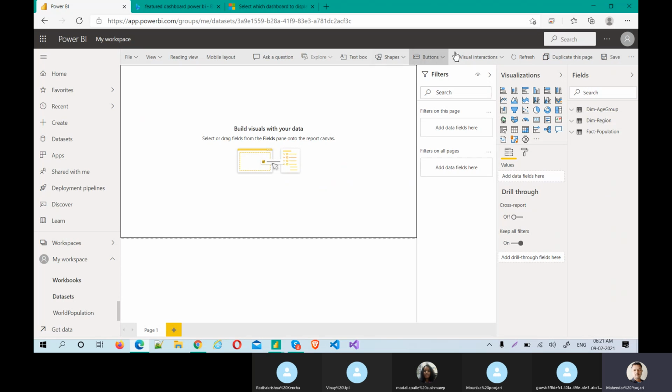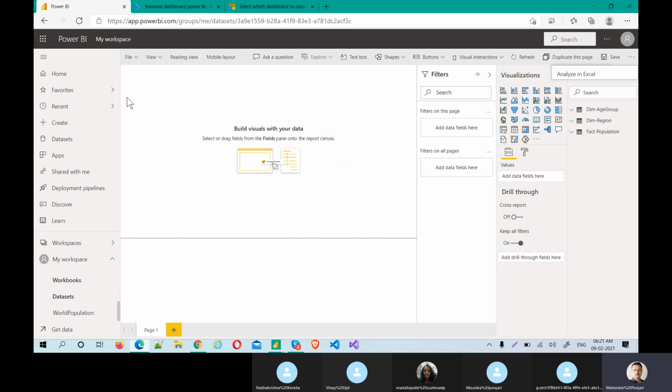And text box, shapes, buttons, all are coming from Power BI desktop. Maybe one fine day they might remove Power BI desktop, because all our features they are actually adding one by one. If you go on this, you don't have a data view and data model view, okay.